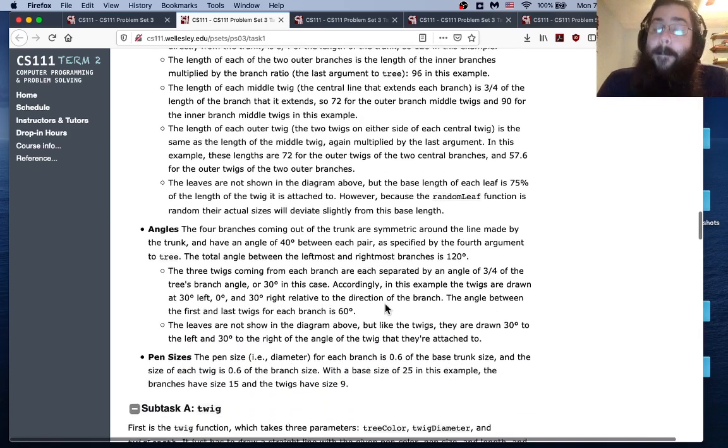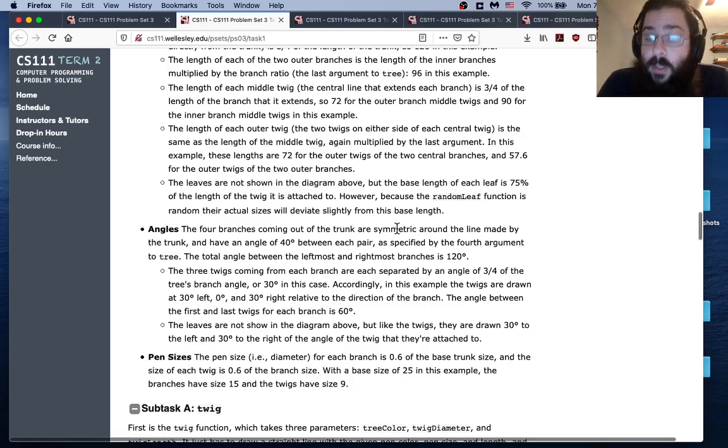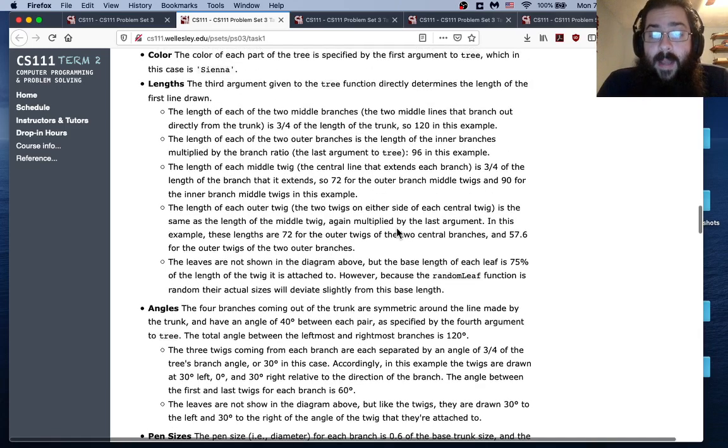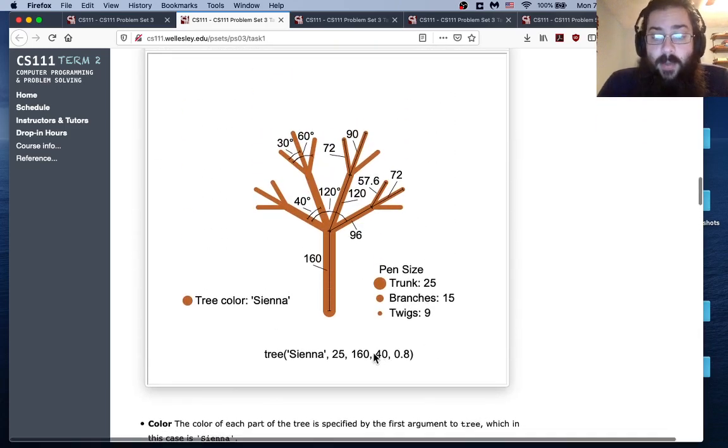All right, how about the angles between things? The 4 branches coming out of the trunk are symmetric around the line made by the trunk, and they have an angle of 40 degrees between each pair. And that's the 4th argument of the tree controls the branch angles. So we have a 40 here, so we get 40 degrees, 40 degrees, 40 degrees between each of these pairs